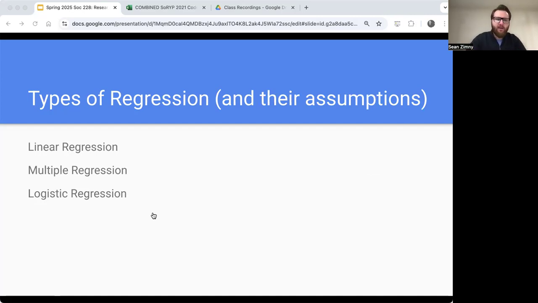Now, these different types of regression that I mentioned, right? Let's dive into these three. You have simple linear regression, you have multiple linear regression, you have logistic regression. So let's start with simple linear regression. This is where we're examining the relationship between one independent variable and one dependent variable by fitting a straight line through the data, essentially. The purpose here is to determine whether changes in that independent variable predict changes in